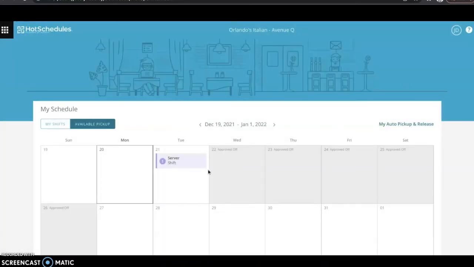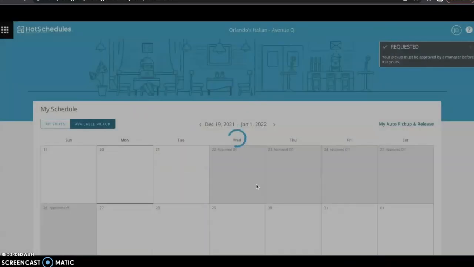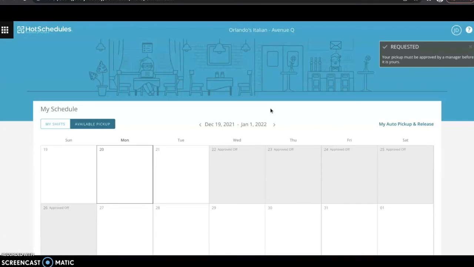On the same screen, you'll see all the shifts that are available for pickup. For this day on Tuesday, there's one shift. So if I wanted to pick that shift up, I would click on that shift. I would see what it is. It is a 10 a.m. serving shift. If I wanted to pick that up, I would click request pickup. Once I pick that up, the manager will either approve it or deny it,